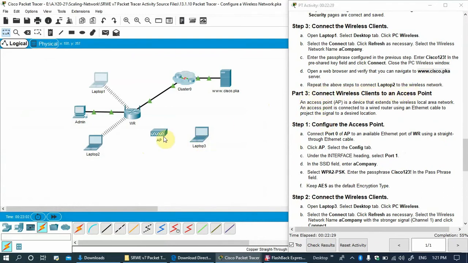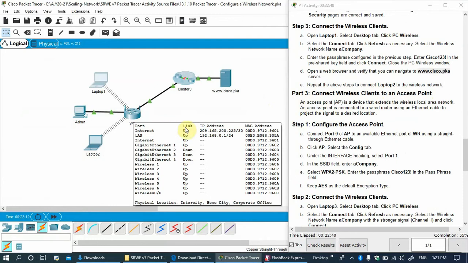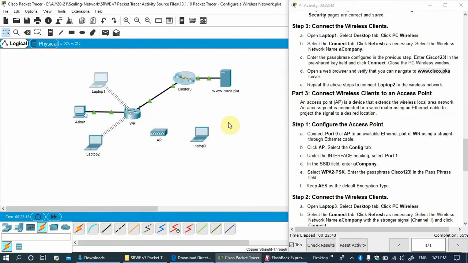point. So now this is the access point and laptop. So an access point is a device that extends the wireless local area network. Because if the wireless router signal gets weak, how can we extend the wireless network? You can add an access point. Same in our colleges, universities, and all the companies. One wireless router is enough, but we need to add many access points to have full wireless range coverage.